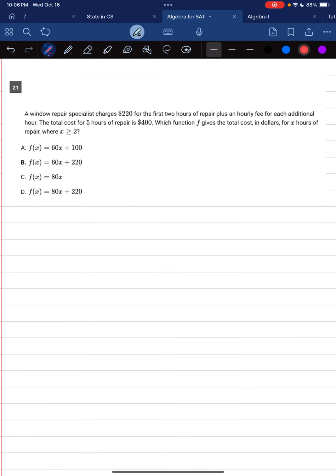Alright, this question says, a window repair specialist charges $220 for the first 2 hours of a repair, plus an hourly rate for each additional hour. The total cost for 5 hours of repair is $400, which function f gives the total cost in dollars for x hours of repair, where x is greater than or equal to 2. So we can see that if we were to model this,